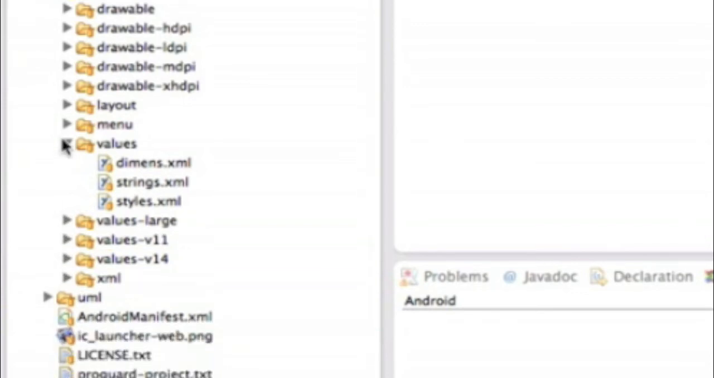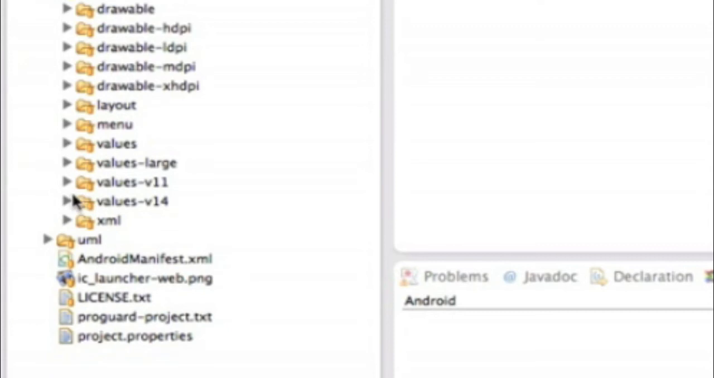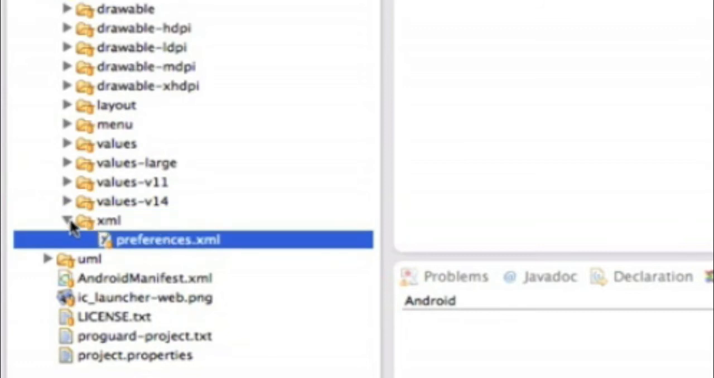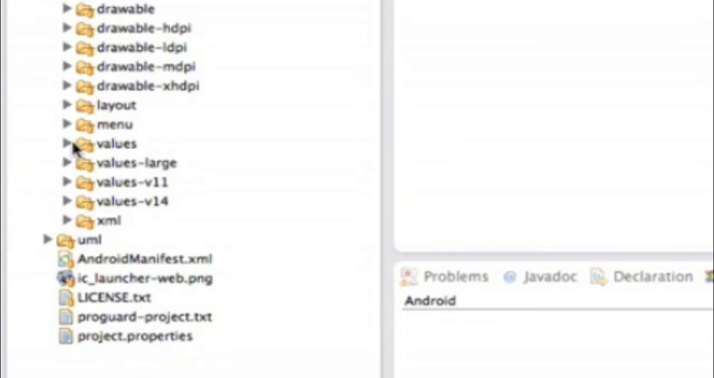Now, moving on to the XML, that's where you're going to be storing searchable.xml, which allows you to search the data that your application holds, or you can hold preferences in there too. One thing to note is